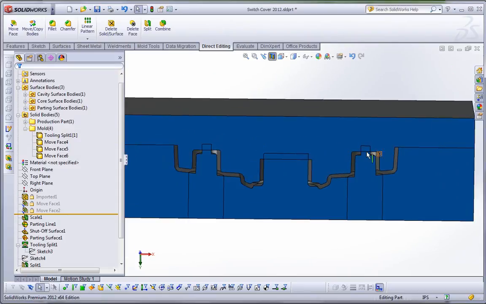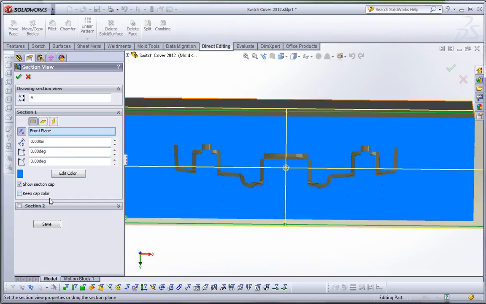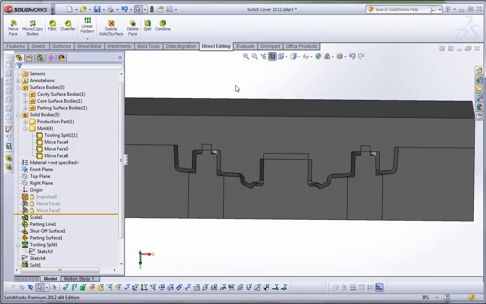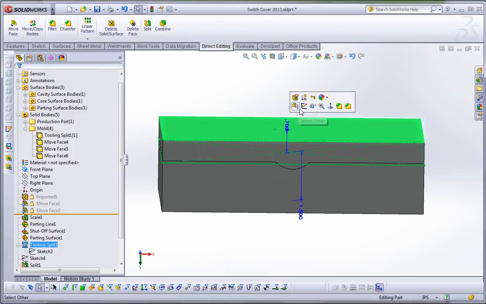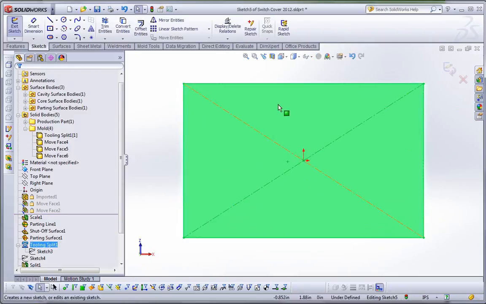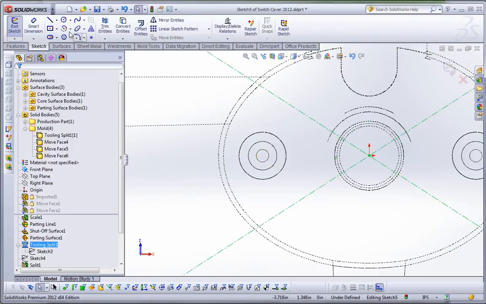And you can see how I've got interference here. Again, coming back into this, if I want to turn that off, it's going to retain the color of the actual mold halves. So whichever way you prefer to do it is fine. But I do need to relieve some material from this side, so I'm going to, again, go back in, create a sketch, switch to a wireframe mode so I can see the inside of this mold. And then I'm going to create